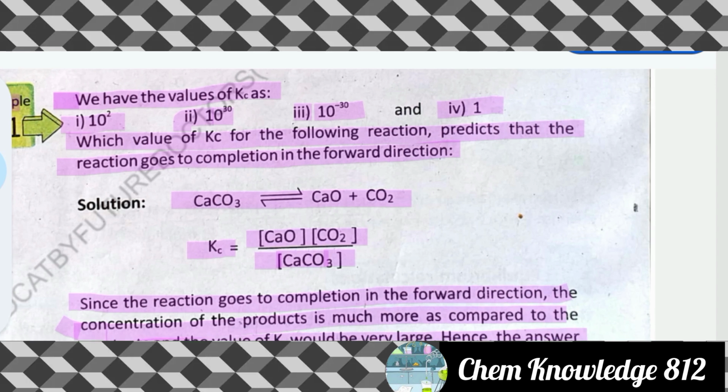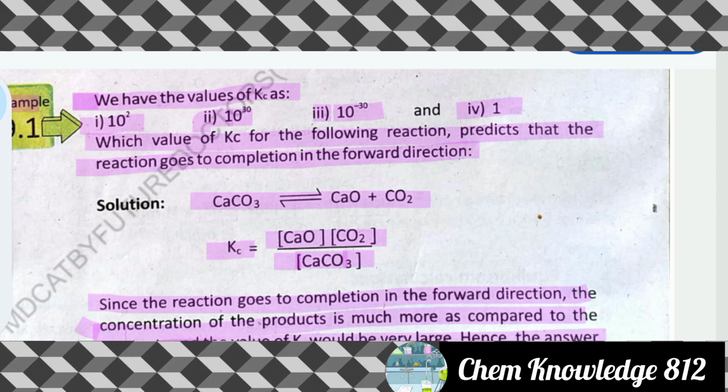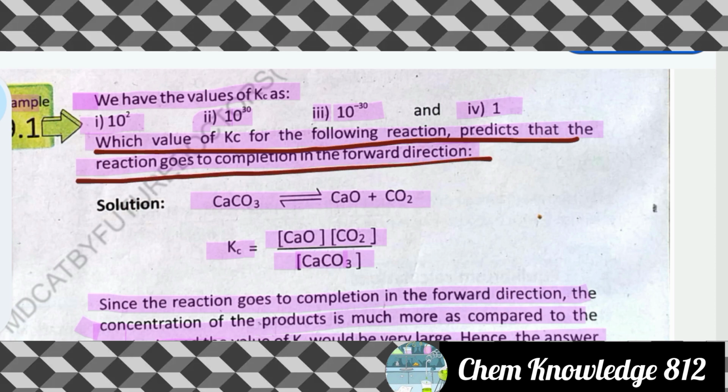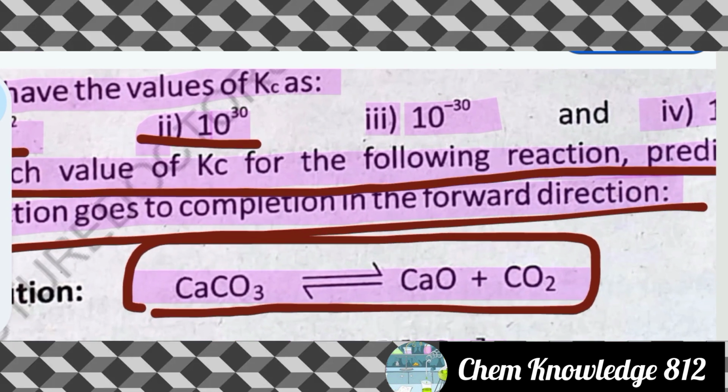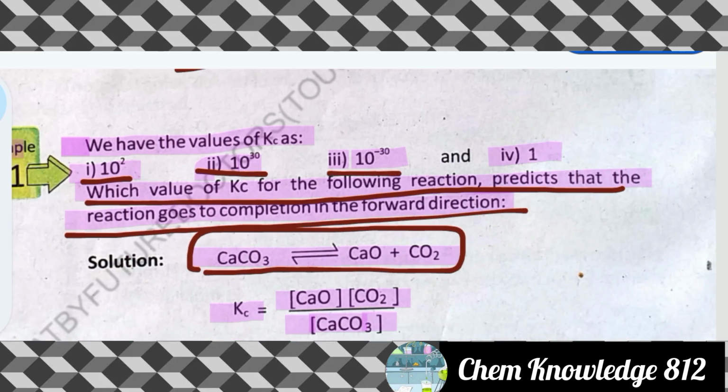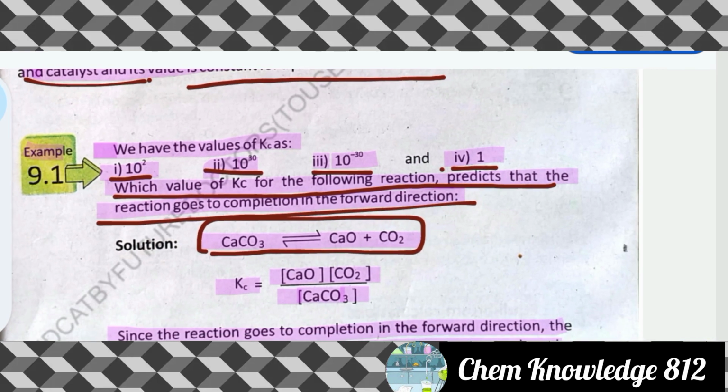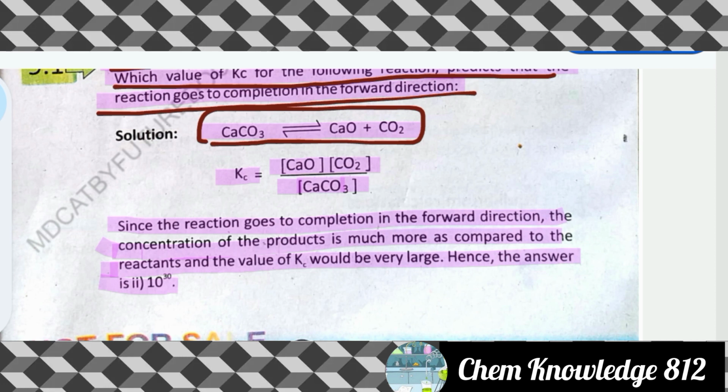We are given which value of Kc for the following reaction predicts the reaction goes to completion in the forward direction. As this reaction is going to completion in the forward direction, and again in the backward direction, when the reaction is complete, we can say this is a low value, this is the large value 10 raised to the power 30, and this is a low value, and this is also a small value. So when the reaction goes to completion,